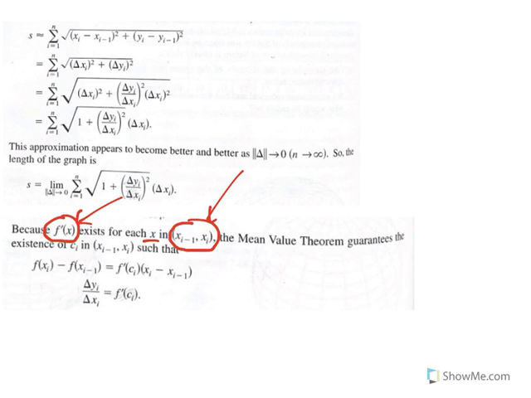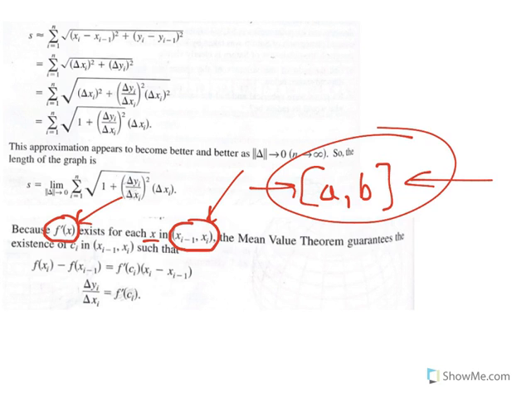In other words, on each subinterval of the interval from a to b. So remember, we're partitioning this into a number of subintervals. So if f prime exists for all x from x is equal to a to x is equal to b, then it must certainly exist for all x in each of its subintervals. So if f prime of x exists for each x in the ith subinterval, this is delta x sub I,